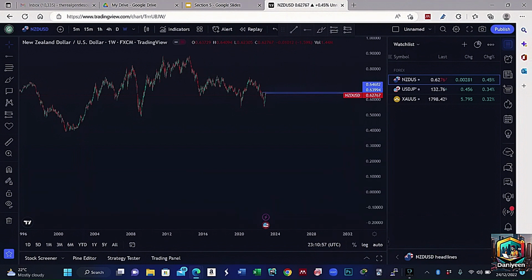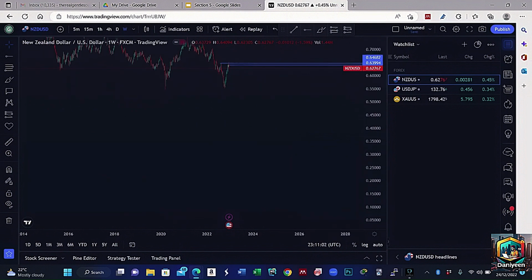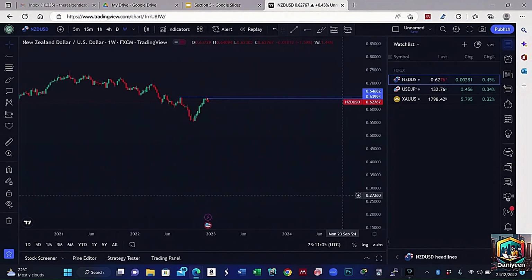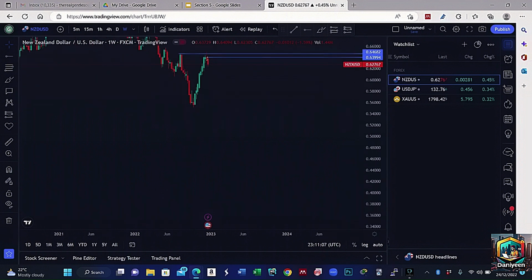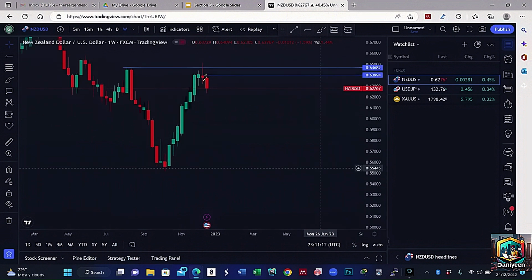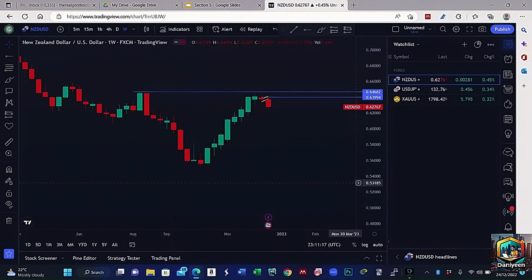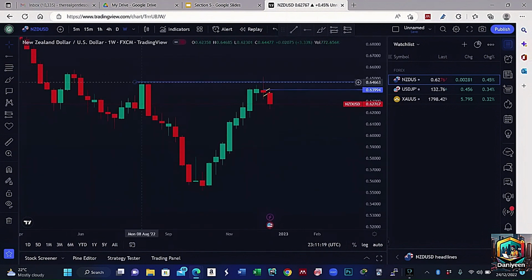So according to this chart, this is NZD and we are on the weekly time frame. According to what I have on my chart here, one of the price patterns I explained to you is the double top. As you can see here, this is a top and price tapped into it on the weekly time frame and it reversed. This is more or less a doji candle. Let me mark it for you so you can see. This candle here